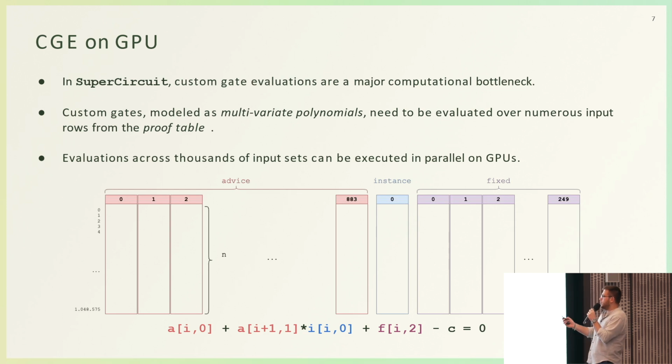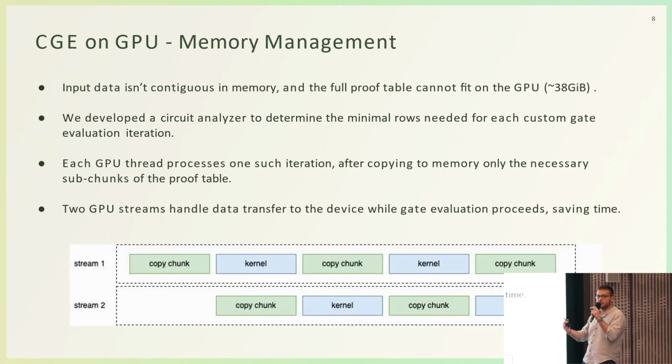So we can already see here that to do that, somehow we need to pass the proof table to the GPU, because the threads need to have available all the inputs to process the computation. But the proof table on its own is about 38 gigabytes, so this is just impossible to do over a GPU. And so what we did, we developed a circuit analyzer, which essentially determines the minimum number of